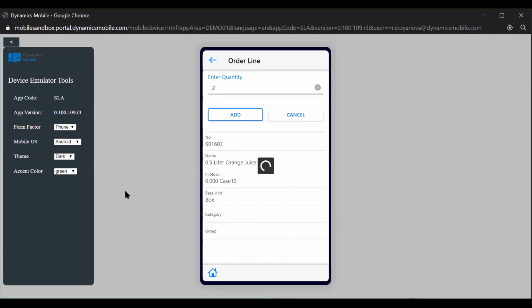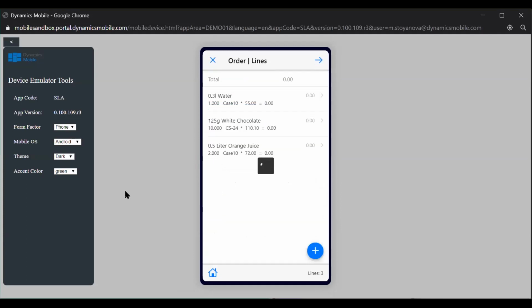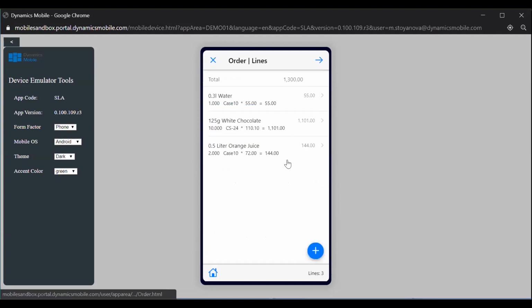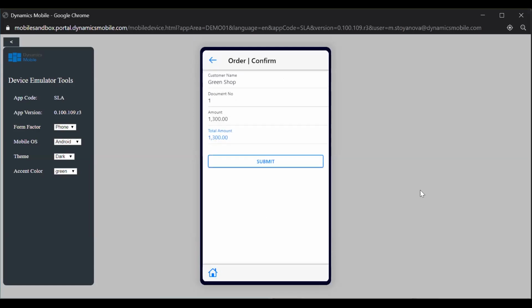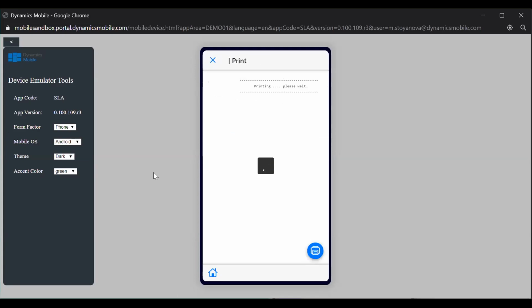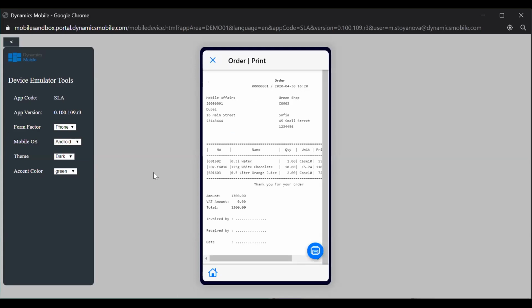If the customer does not want to purchase anything else, we can just finish our pre-sale activity, finish this order. And the total is calculated according to the pricing and discount policy that is set up in the ERP. Also, if there is any VAT that needs to be applied, it will be applied and the total will be calculated accordingly. Now we can submit our pre-sale order. It will generate a printing form for this order, which can be printed and left with the customer.